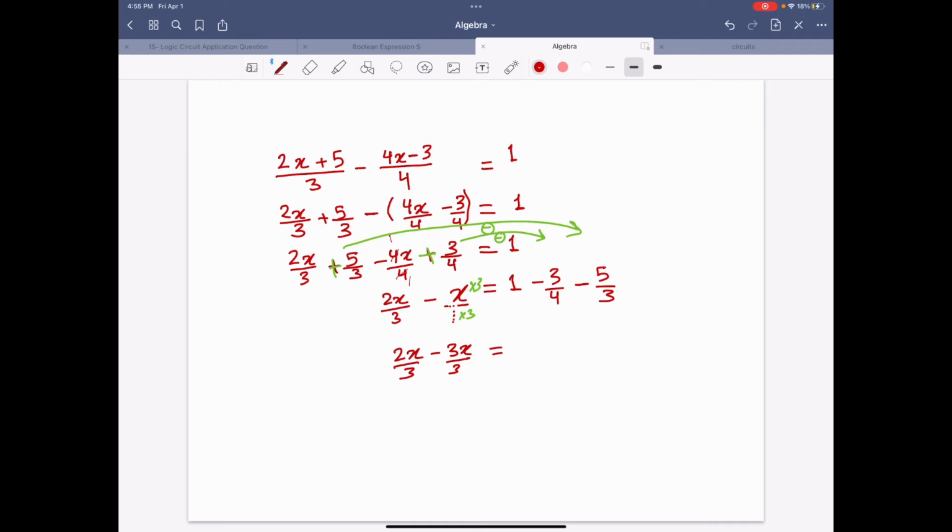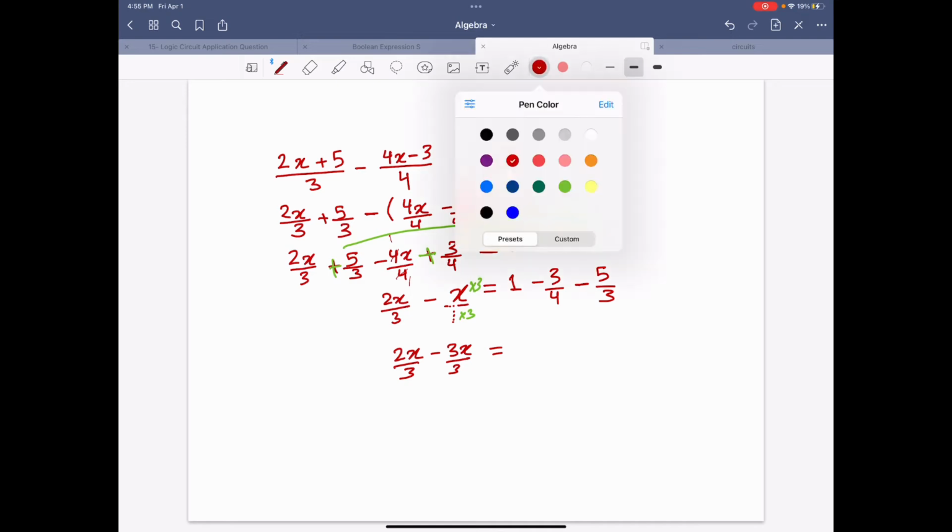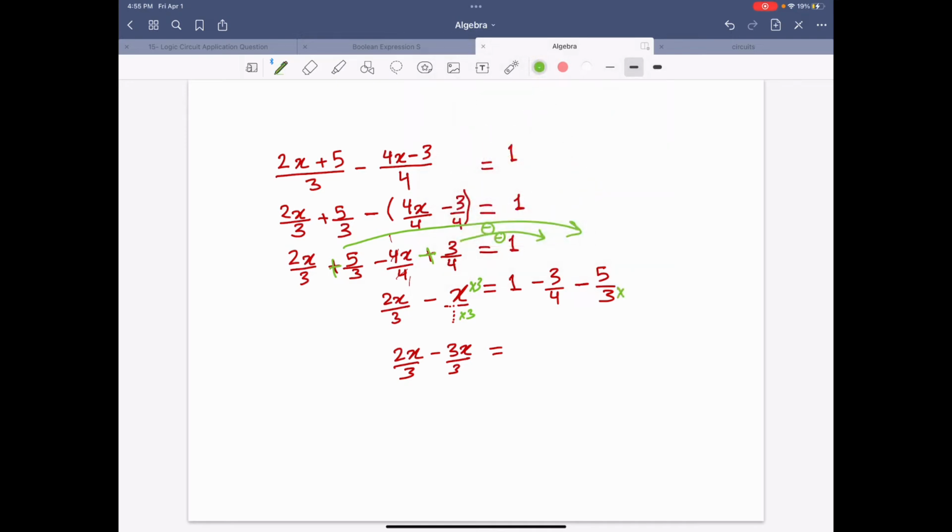On the other side, I want to do it on the same step and just find the common denominator for all of them. So my numbers are 4 and 3. And let's just make it 12 because this is the lowest common multiple. So I'm going to times this by 4, times this by 3. Whatever you do to the bottom, you have to do to the top. And then this has an invisible 1 that has to be multiplied by 12. And then the top will have to be multiplied by 12. So at the end, we end up with 12 over 12 minus 9 over 12